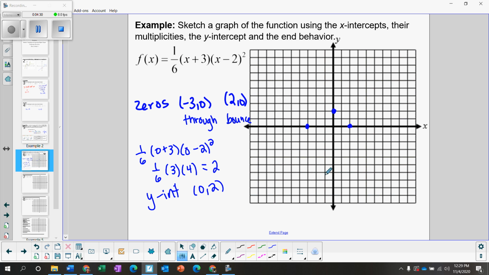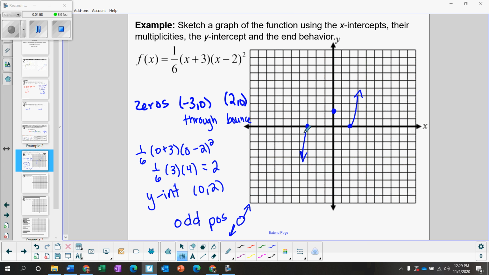And I'm going to look at my end behavior. I have 1, 2, 3 parts, or 3 x's, so it's an odd function. The number in front is positive, so my end behavior is going to look like that. So I already know this side's going to go down here, this side's going to go up here,